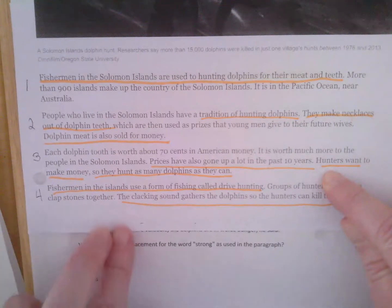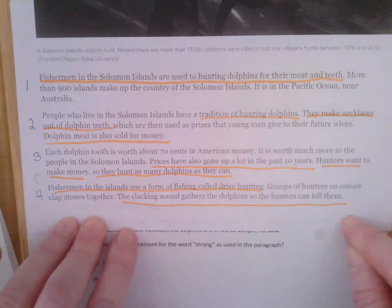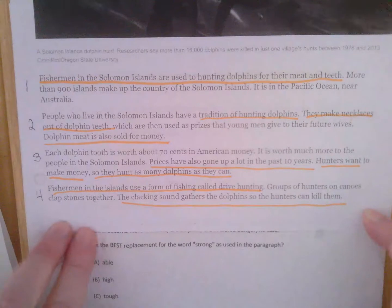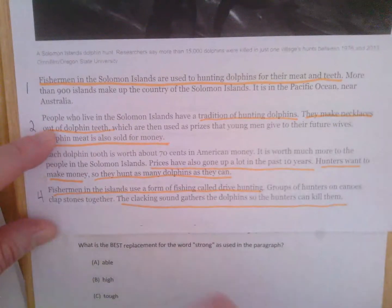So paragraph 4: fishermen in the islands use a form of fishing called drive hunting. Groups of hunters on canoes clap stones together. The clacking sound gathers the dolphins so the hunters can kill them. So this paragraph number 4,